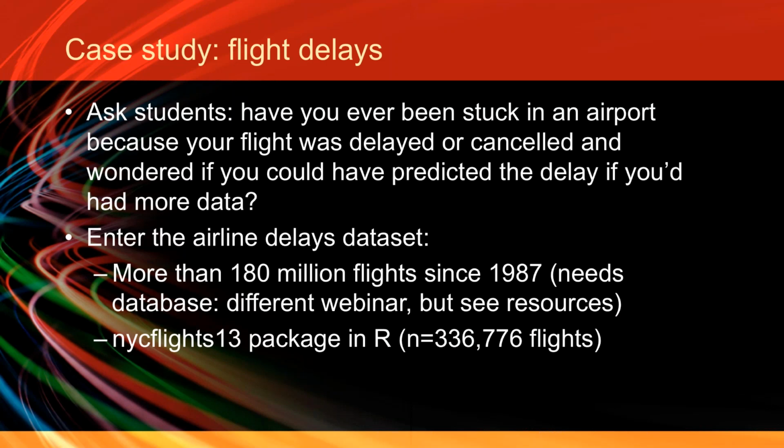I'm going to be describing what you can do with this New York City flights 13 package in R, which is 300,000 odd flights. Again, this is still considerably larger than most textbook examples, but it's used in our courses in various ways without too much difficulty. What's nice about this is it actually includes 5 data sets. The list of airlines, all the information on the airlines, similar information about airports, the 300,000 odd flights that are linked in that, a data set of planes, and also weather on an every 15-minute basis in New York City during that year.